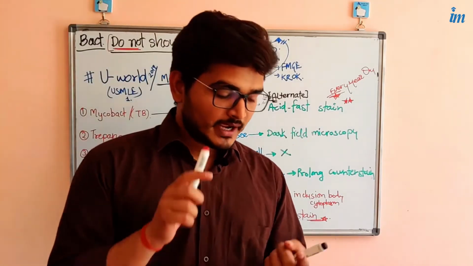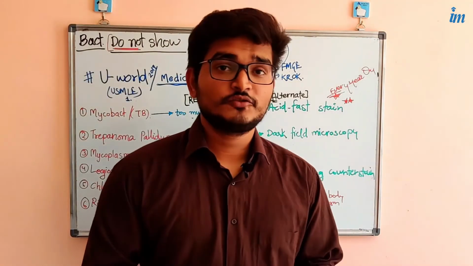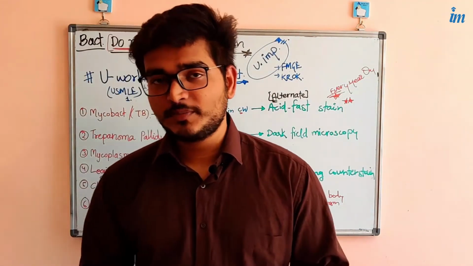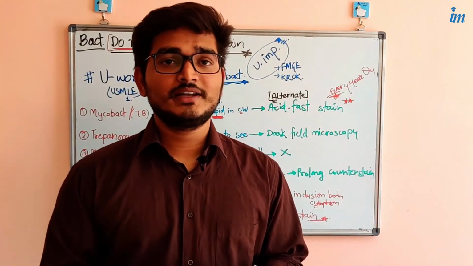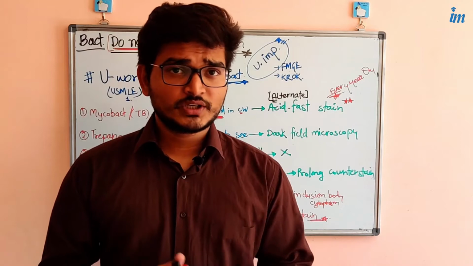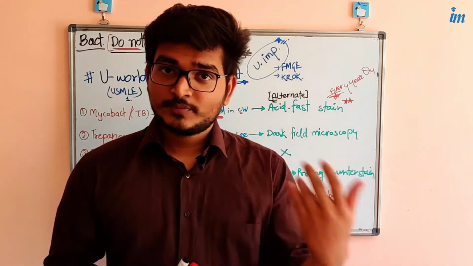So just keep in mind, Mycobacterium tuberculosis is often stained with the acid fast stain because their cell wall contains too much lipid layer. Because of that, it is unable to show up in gram staining. In the gram staining result, it shows a negative result, but when we go through the acid fast stain, then it shows positive results.